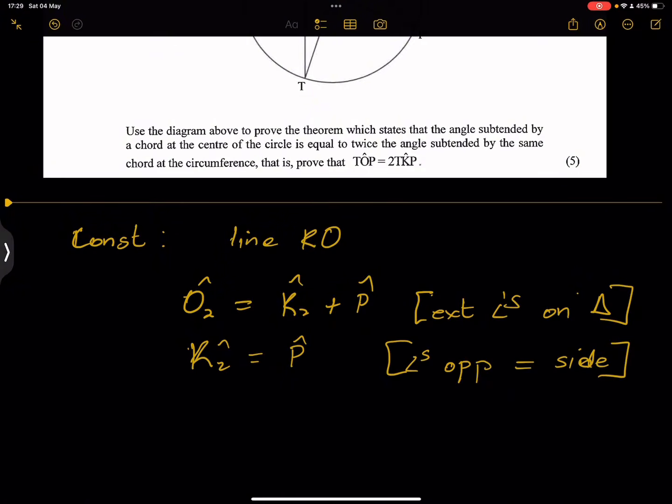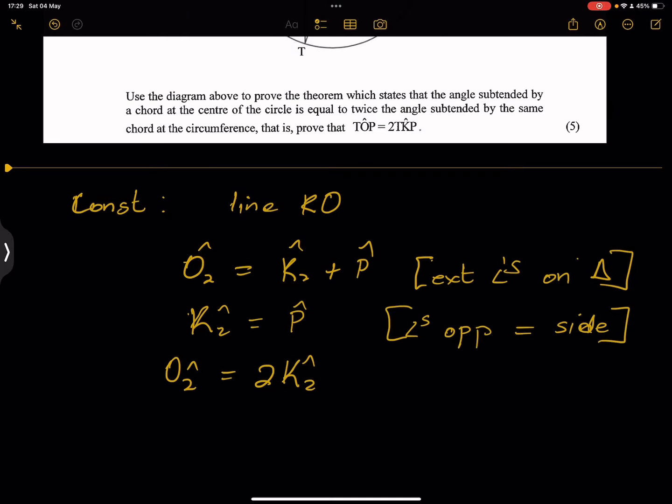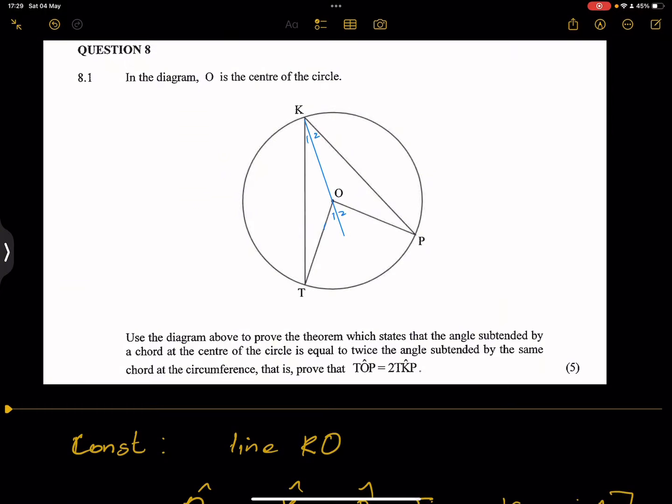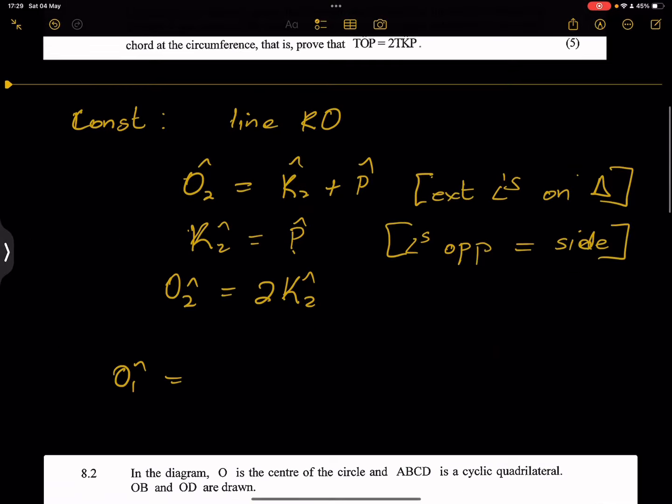Now because P is equal to K2, therefore O2 would be equal to 2 times K2. All right, so you can see that, right? Because P and K2 are equal. Similarly, we can say O1, so on the left-hand side, O1 would be equal to K1 plus T. Okay, and again, why is that? Exterior angles